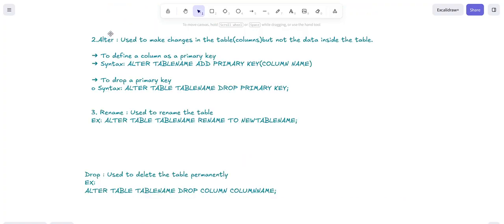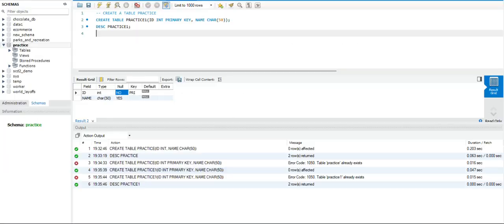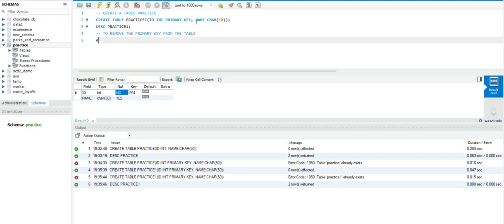Okay, got it? Now alter command, okay, alter table, add primary key। Okay, ये हम use करेंगे in the further lectures। Okay, you can also try it at home। Okay, to drop a primary key अगर primary key कोई column में है। Okay, yeah, in this only। Okay, so इसमें हमारे पास primary key है int में। Okay, so हम इसमें alter command कर सकते हैं। Okay, to remove the primary key from the table। Okay, alter।